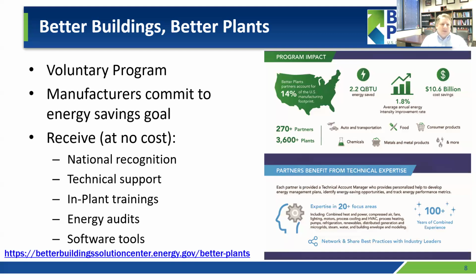Alongside the Industrial Assessment Center program is a program known as the Better Plants program. This is for those facilities who are interested in taking things to the next step and perhaps going a little deeper, but also receiving additional assistance as they try to implement changes or upgrade equipment to lower their utility bills. This is a voluntary program. The manufacturers commit to some type of energy savings goal, and in return for making that goal, they will receive at no cost access to a technical accounts person that's dedicated to you that can help you through every step